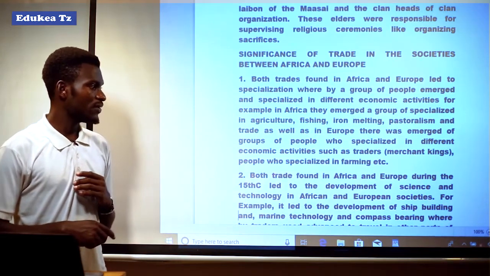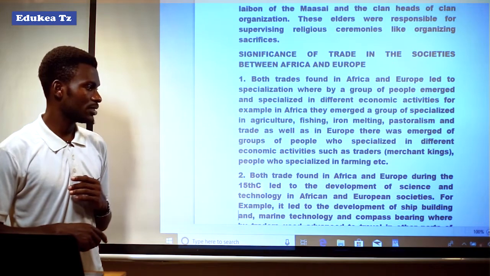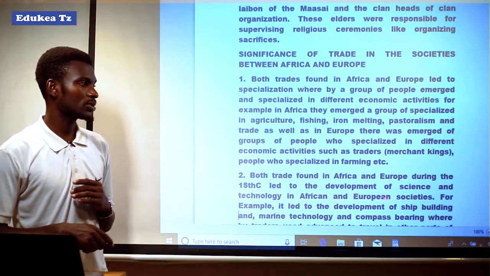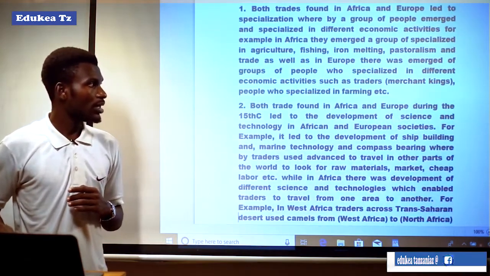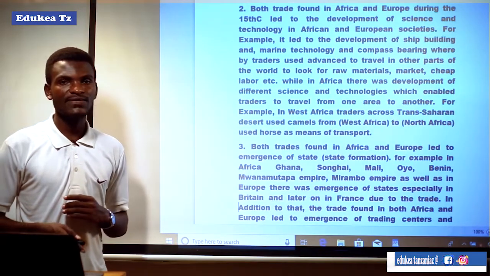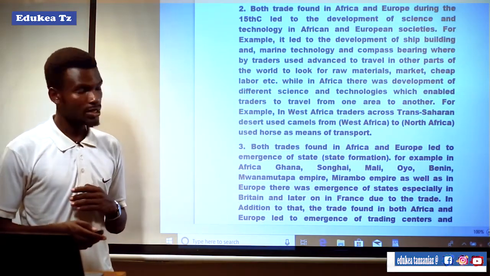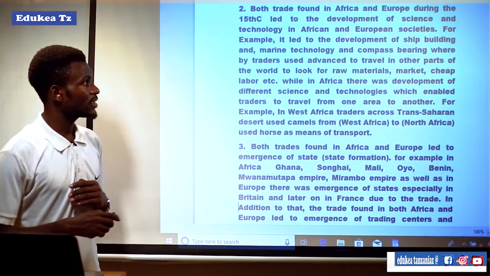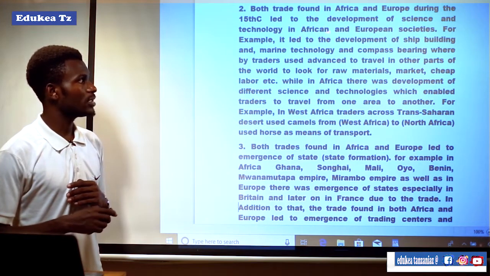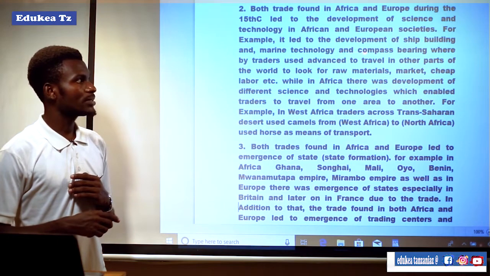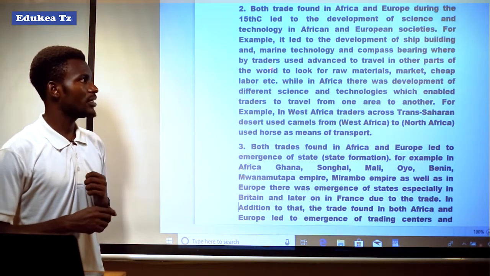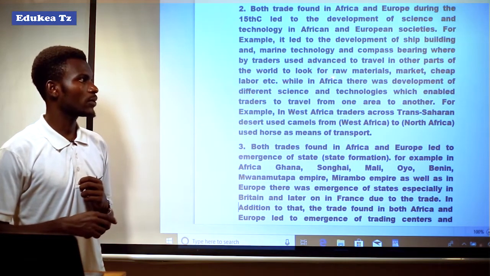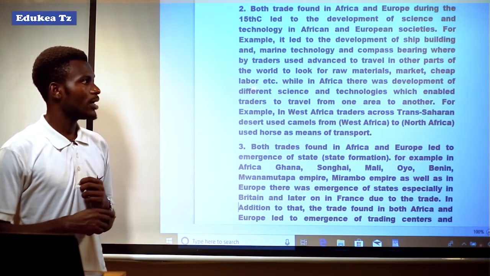Another was that trade found in Africa and Europe during the 15th century led to the development of science and technology in African and European societies. It means that the involvement in trading activities in both Europe and African societies led to the development of science and technologies in their societies. For example, it led to the development of shipbuilding and marine technology, as well as compass bearing, whereby traders used the advanced tools to travel to other parts of the world to look for raw materials, market, cheap labor, etc.,